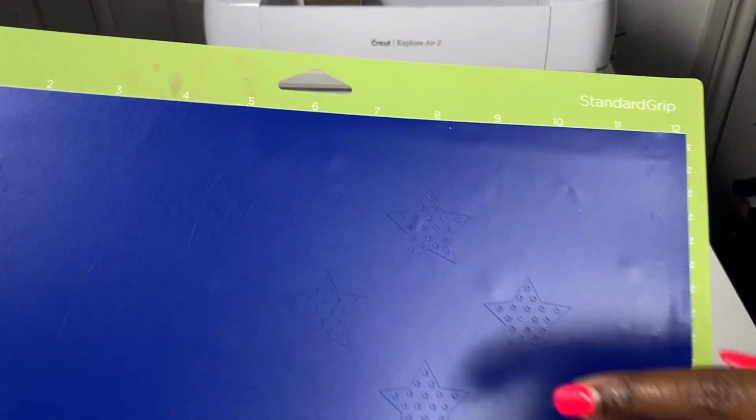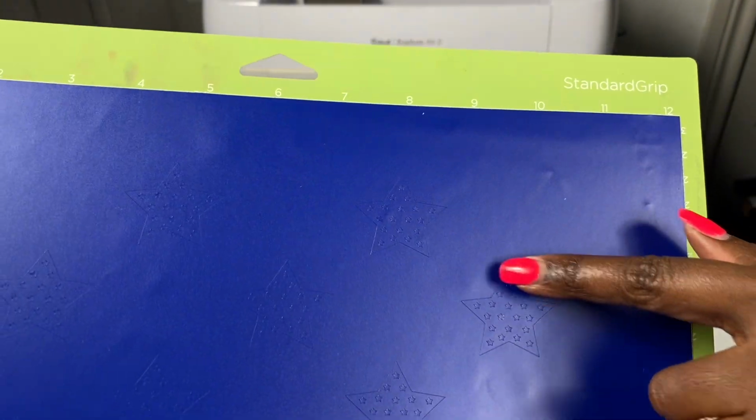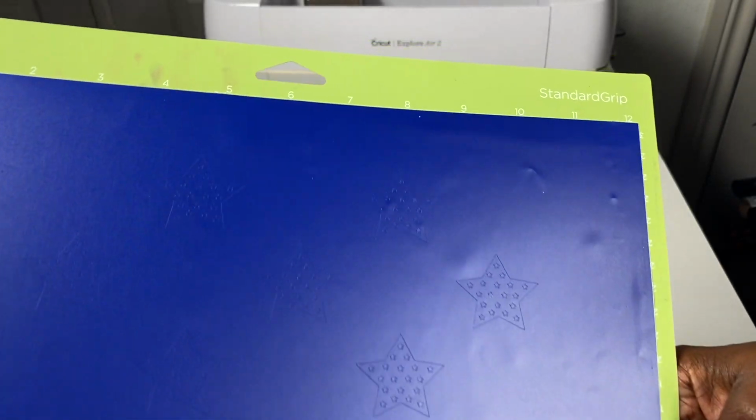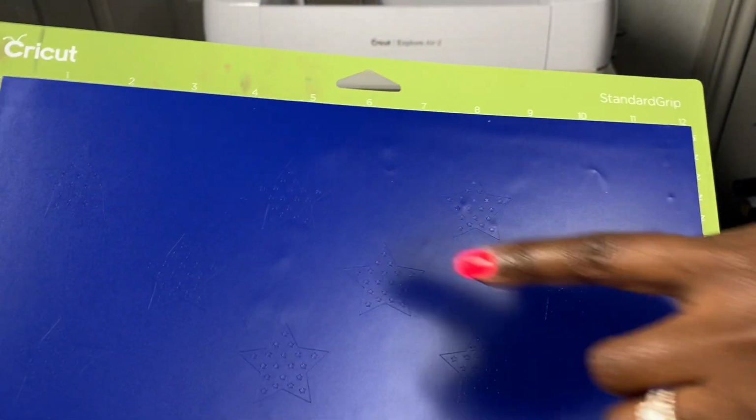Don't ask me what I was thinking when I thought it would be a good idea to weed these little tiny stars out, but it's too late now. I have to go with it. So